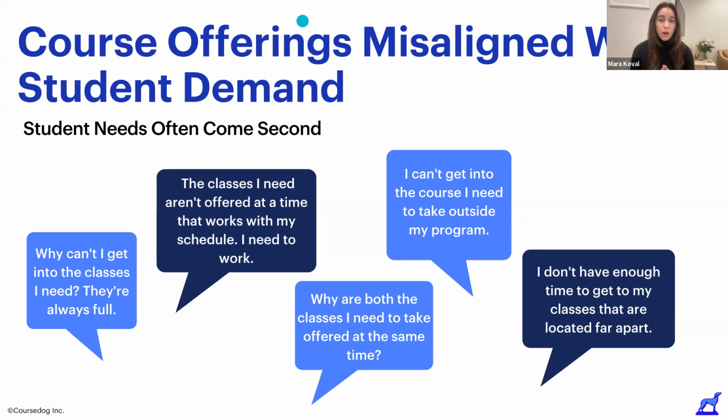The same courses don't offer enough sections each year, and students wonder why they aren't able to enroll in them. Or classes aren't offered at times that work for a majority of students' schedules. Students with jobs or caretaking responsibilities often also have different times that are available to them. I'm sure some of you have heard these complaints from students and could add your own to this list as well.